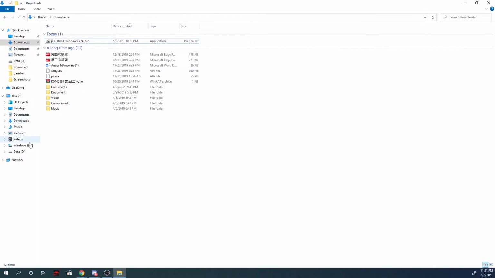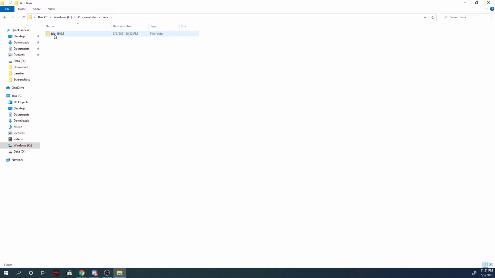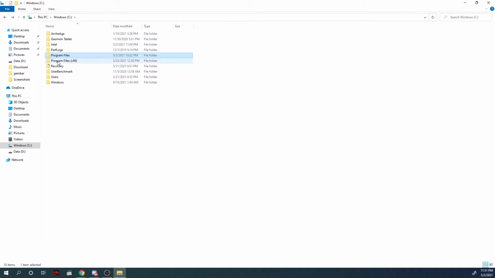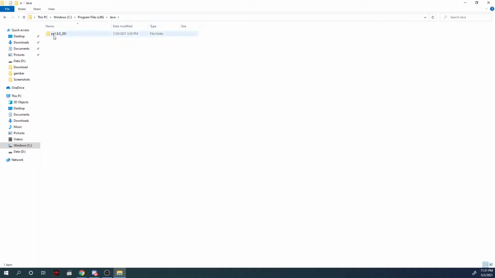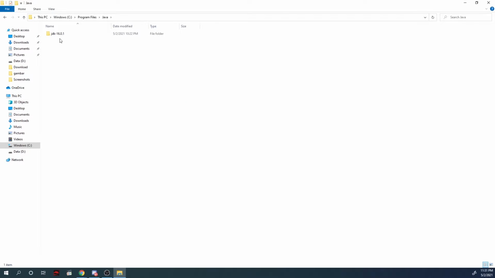So in here I have installed the JDK, Java Development Kit, and another one is JRE, Java Runtime Environment. Before, I used this one to run my games like Minecraft or run Java code, but what you need is this one when you want to compile your program. So, the Java Development Kit. The JRE is only included in the Java Development Kit, so you actually only need to install